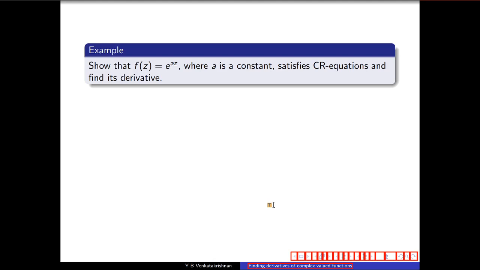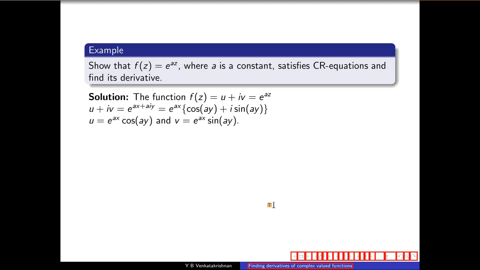As an example, I am now trying to find the derivative of e power a z, where a is a constant. So when you differentiate e power x, you get e power x if it is a real valued function. Of course, e power x will be a real valued function. When you differentiate e power a z, similarly you should get a e power a z, because here z is a complex number. So because it is a complex number, you have to use the CR equations and find its derivative. So as usual,